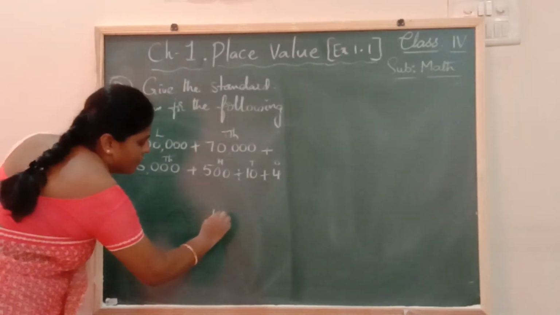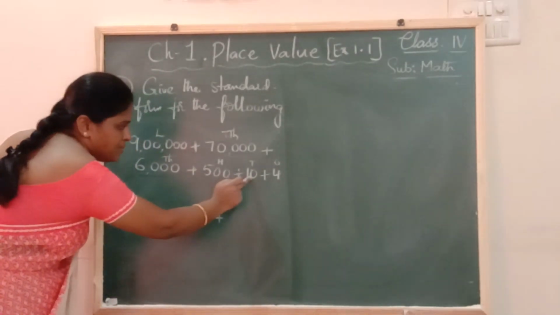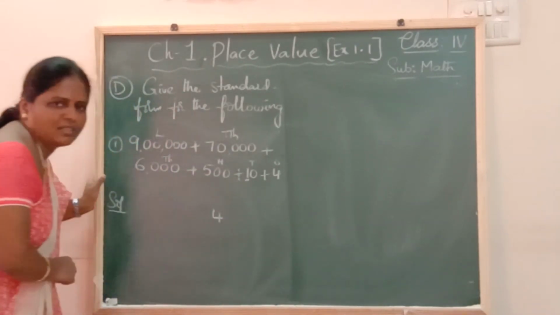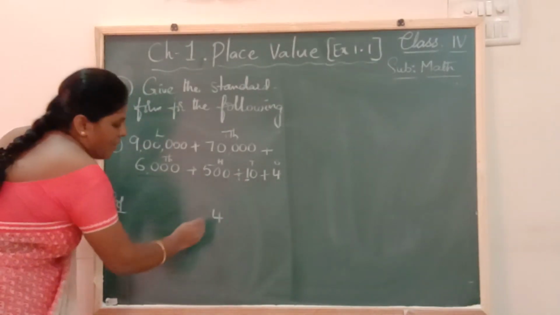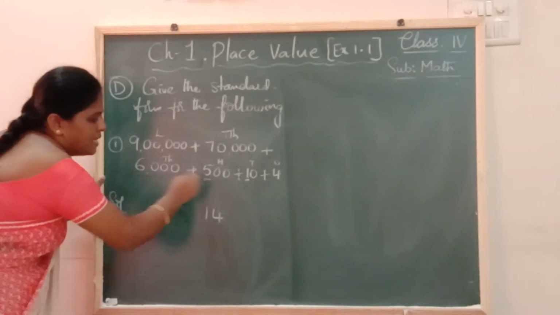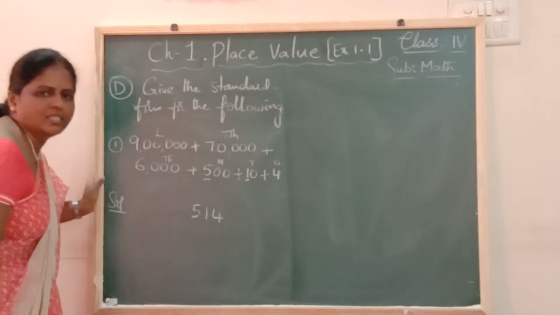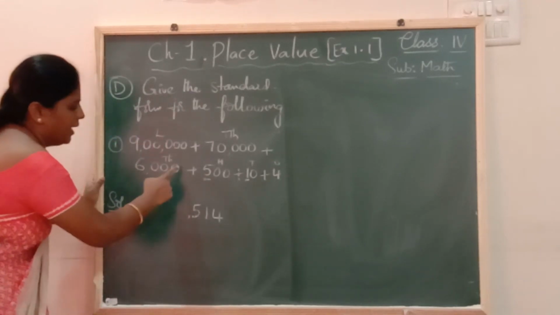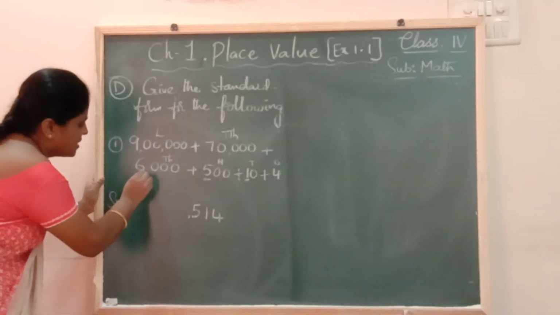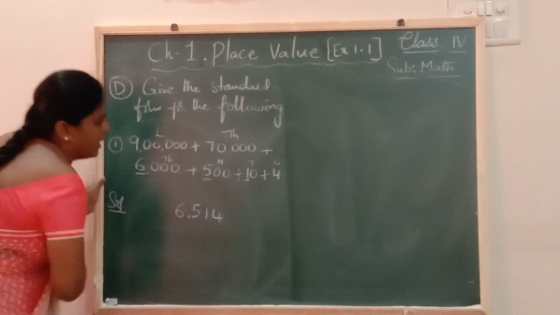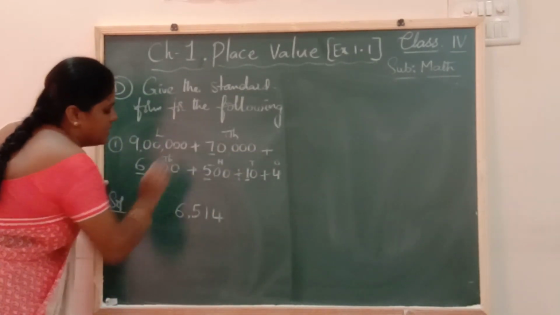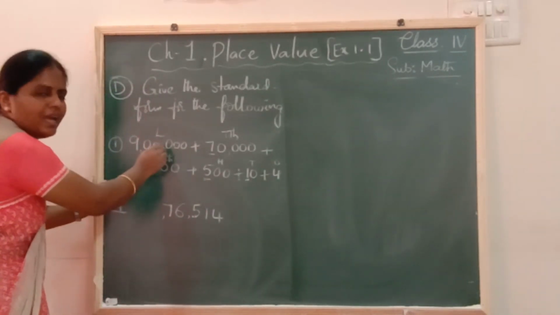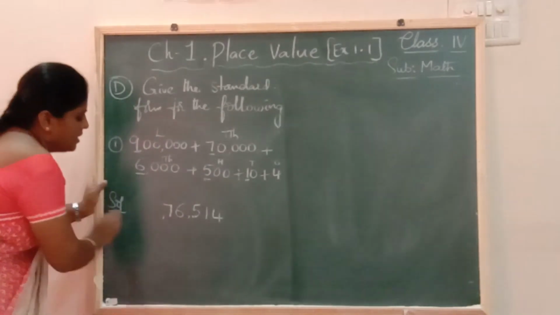So 4 in my ones place. Next, 10 in my tens place. Should I write 10 here, 2 digits? No, children. I should write only the first digit of this tens place, that is 1. Then hundreds place, first digit 5. Okay, children. Next, so the ones period is completed. I can put a comma. Then in my thousands period, the first digit is here 6. Next, here 10,000s, first digit 7. And then the thousands period is completed, put a comma. And then lakhs, first digit 9.